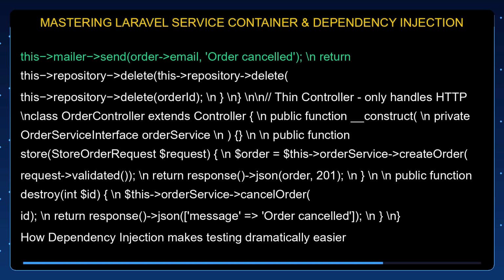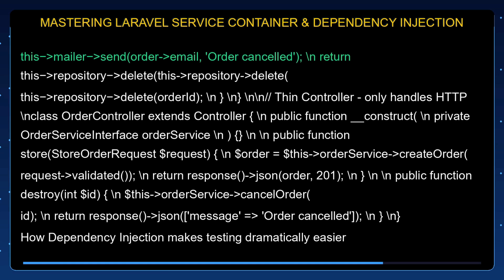A thin controller only handles HTTP. class OrderController extends Controller { public function __construct(private OrderServiceInterface $orderService) {} public function store(StoreOrderRequest $request) { $order = $this->orderService->createOrder($request->validated()); return response()->json($order, 201); } public function destroy(int $id) { $this->orderService->cancelOrder($id); return response()->json(['message' => 'Order cancelled']); } }